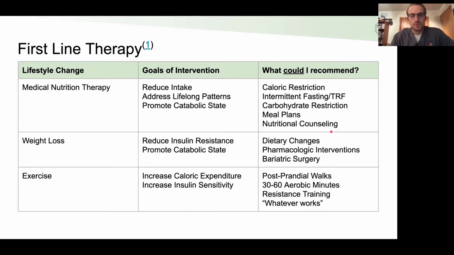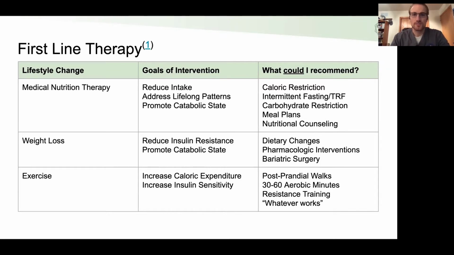There are multitudes for each of these. These are just some of those. This is not by all means conclusive. And then each of these would have more subsets that we could talk about in each of their own individual 10-minute sessions. So we're not going to dive too far deep into the weeds. The first one, medical nutrition therapy, I wanted to talk just a little bit more about today,